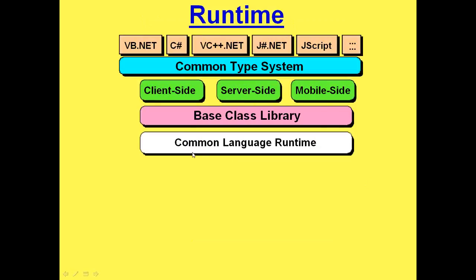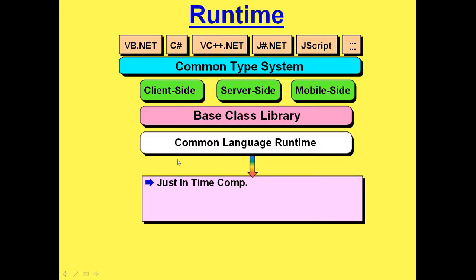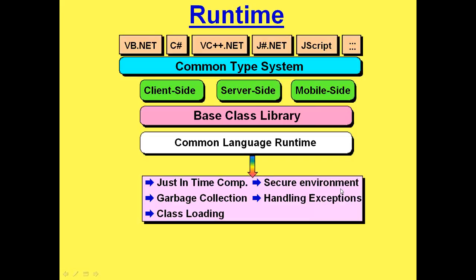Runtime environment: common language runtime. This is the heart and soul of your .NET framework. The common language runtime contains the JIT, just-in-time compiler, the garbage collection feature, and loading of classes. It acts as a secure environment, handling exceptions and runtime errors.